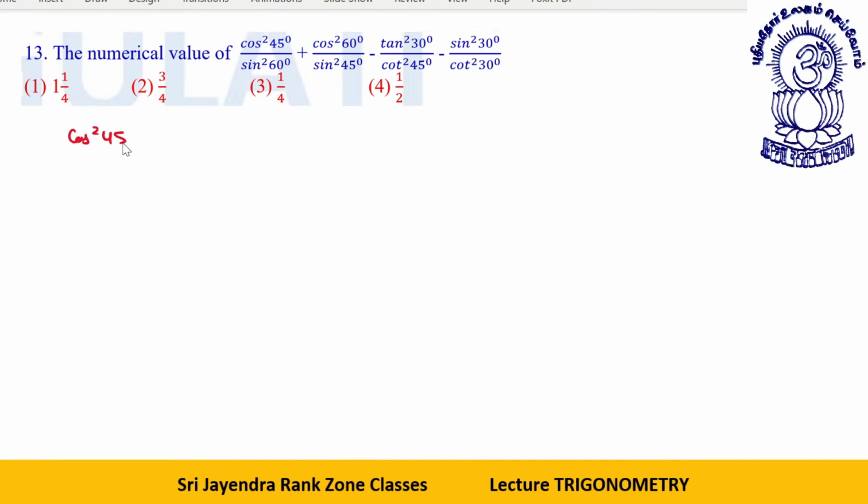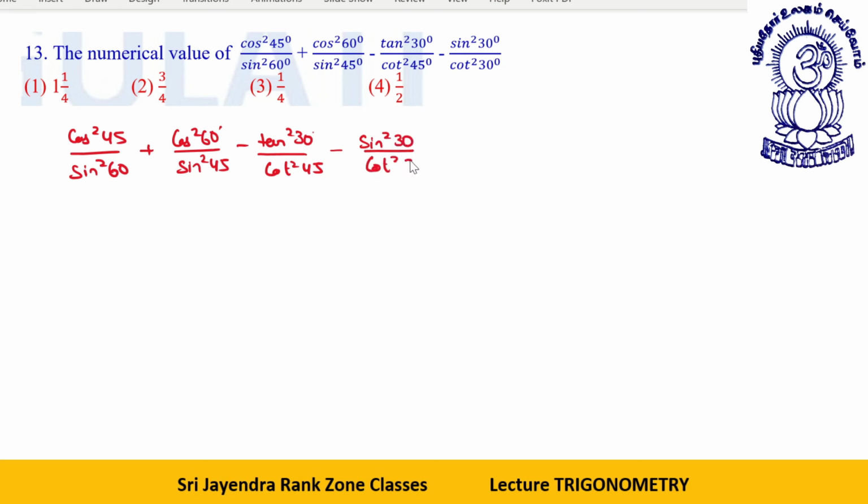Cos square 45 sin square 60 plus cos square 60 degree sin square 45, minus tan square 30, cot square 45 minus sine square 30, divided by cot square 30. Okay. Now